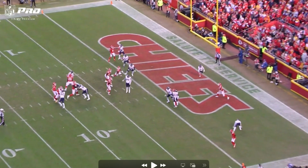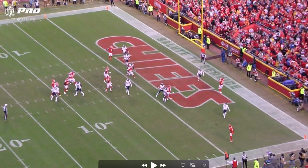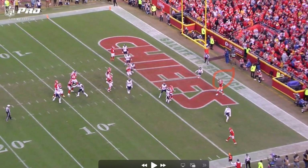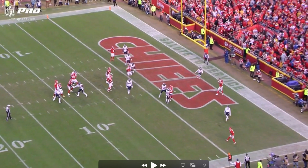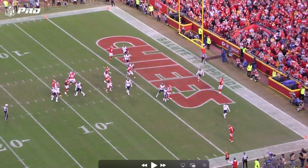Now, there's been a lot of talk about how Mahomes missed this throw. And yes, it's not a perfect throw by any means, but it's also not a crazy inaccurate throw. So when I see this here, it's just over Kelce's fingertips. This makes me think of what I remember Eli Manning once saying on the Manning cast, which is when you throw it to the back of the end zone, you're always taught to throw it at the face mask or higher. I kind of think this is where Mahomes was trying to throw this ball, or at least close to it. And part of it is that maybe he threw it a smidge high, but I think